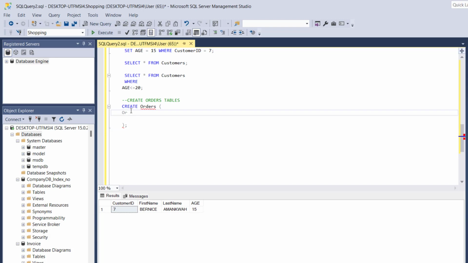So we are going to say order ID, and it's also going to be an int, and it's not null. Okay, so order ID int not null. Now we say customer ID. So customer ID also int, not null. Okay, so now this customer ID is going to serve as a foreign key or a reference key